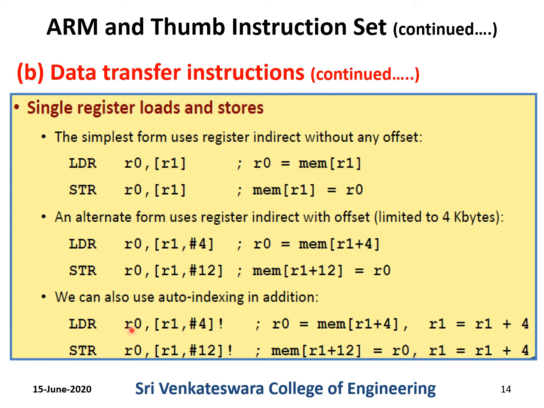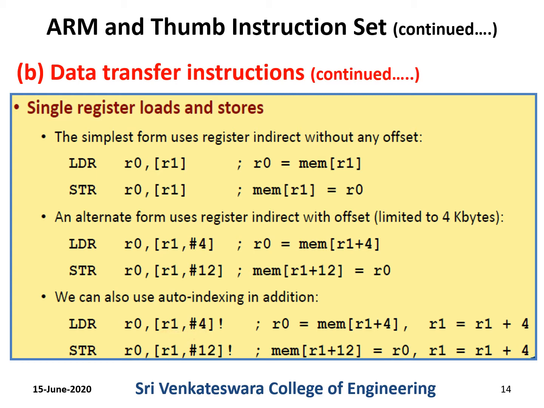So LDR R0, [R1, #4]! will increase the value of R1 by 4 every time it is executed, and the location pointed to by this new value is used for data accessing. So data present in that new location will be loaded into R0. Similarly, for the store instruction, whatever is present in R0 will be stored into the memory location pointed to by R1 plus 12. After this instruction is executed, R1's value will be